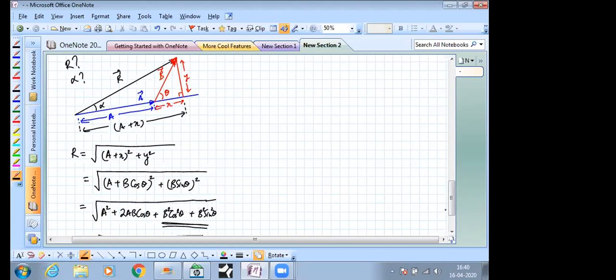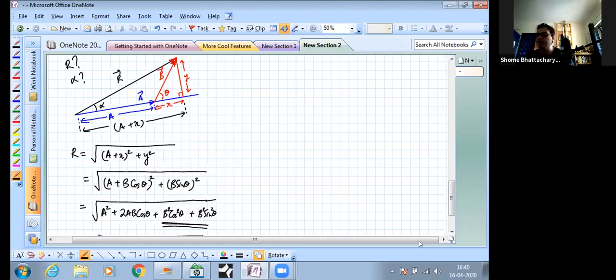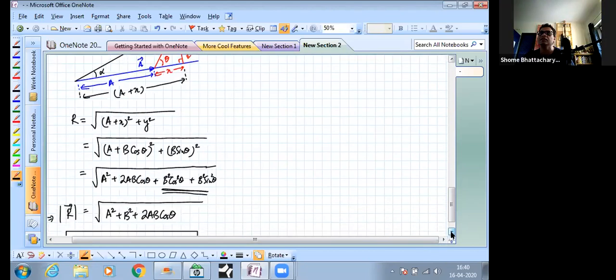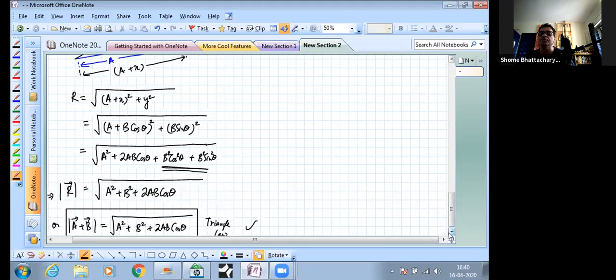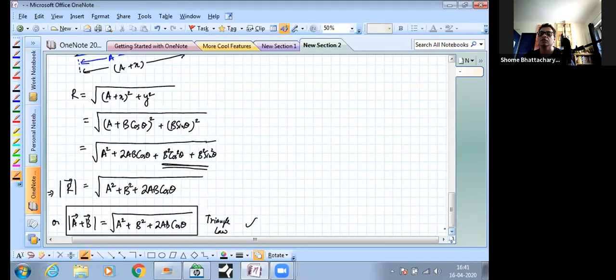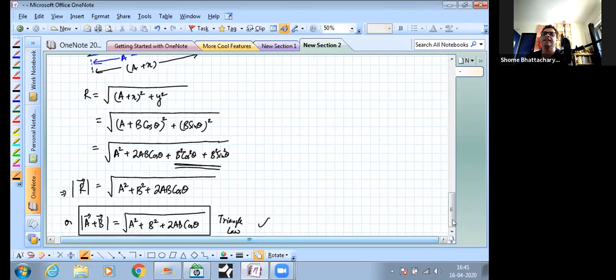All right, people. So hope the steps are clear up to here. Now moving on to the last part, it's just a matter of applying the identity that cos square theta plus sine square theta is 1. So using that identity, we get the final result. So this is about the magnitude of the resultant. Now remember, we have to also find the angle alpha.